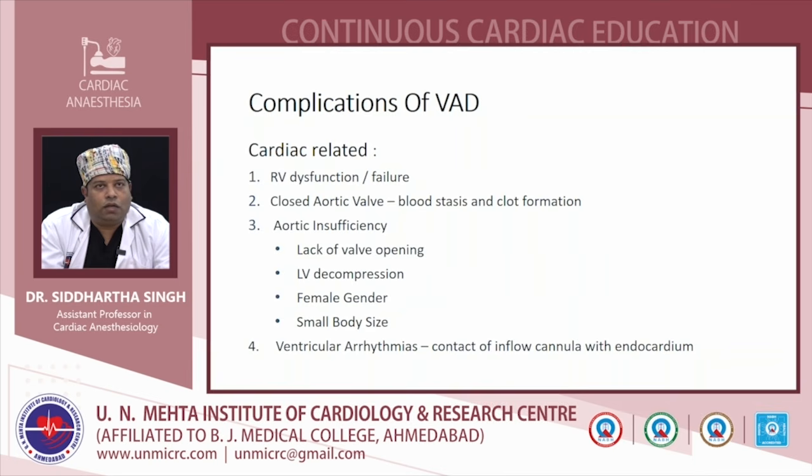which causes the right ventricle's twisting motion to decrease, and there is also a chance of tricuspid regurgitation, which indirectly increases the right ventricular preload. So if we are not correcting the pulmonary hypertension and preload of the patient, then RV dysfunction can set in with the use of LVAD. Then